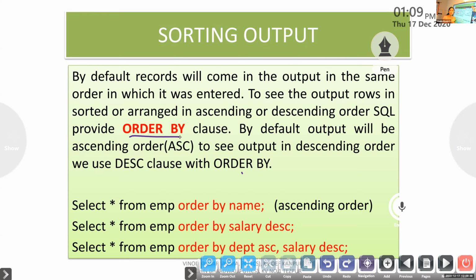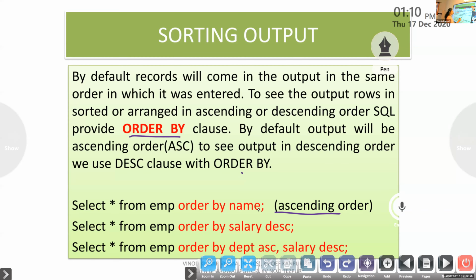It means alphabetic order, isn't it? If we say order by mark, then it will compare the numbers. By default, if you are not writing anything in the query, the order will be ascending. So this is how you write an order by clause: select star from EMP order by name. After order by, you need to write the column name.